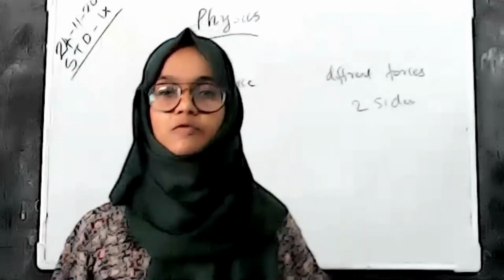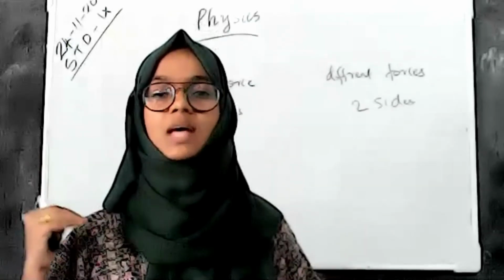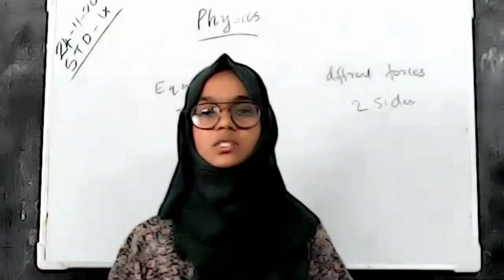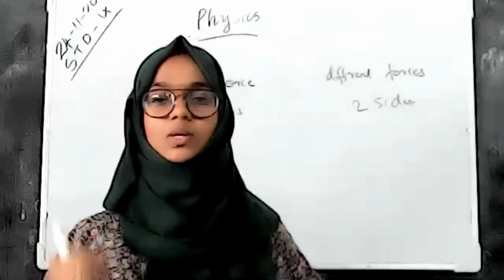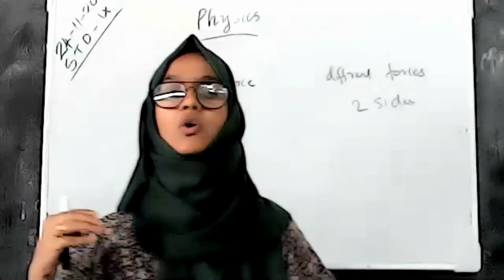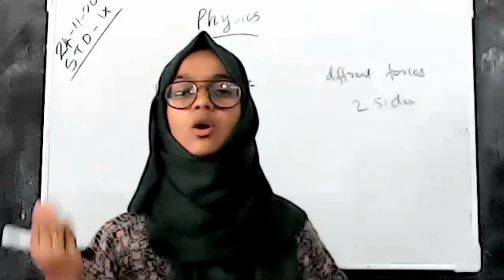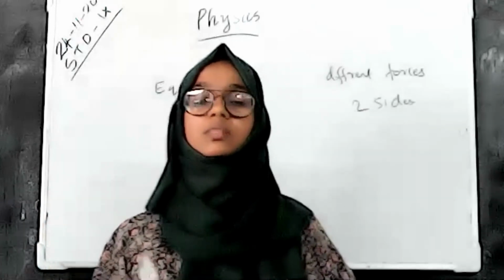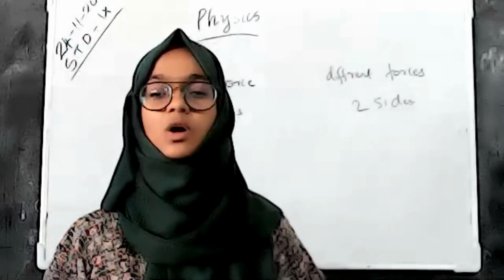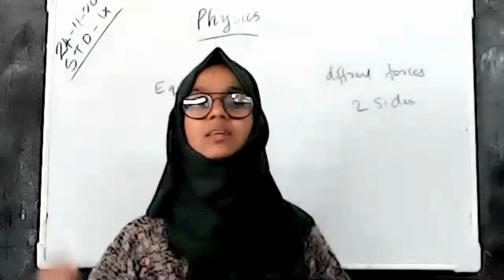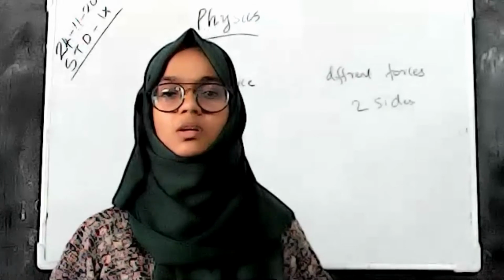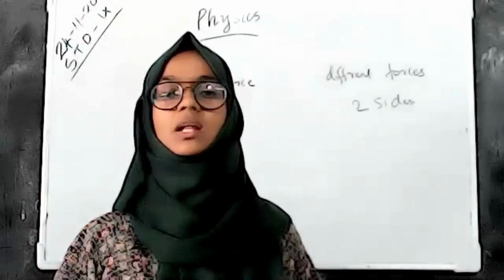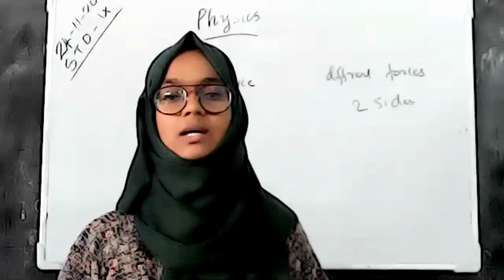But in unbalanced force, a force is acting in the opposite direction and the acting force is a different number of newtons. So the amount of force applied here is different. That's why work is done. So one is balanced force and the other is unbalanced force. We want to define what a balanced force and an unbalanced force are through the slide.